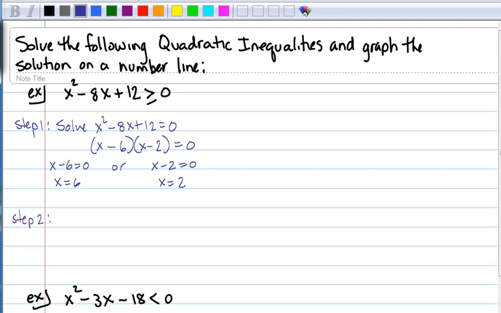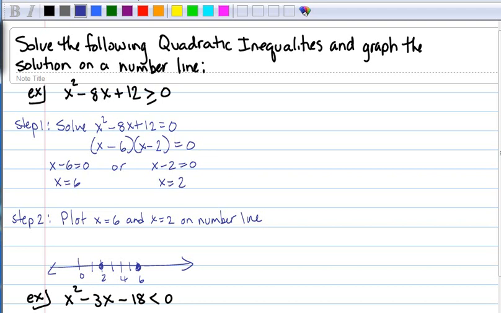Second step. I'm going to plot these 2 points on the number line. So I'm going to draw a number line. And here we have 0, so we'll label 2. And finally 6. So there is my number line. And for step 3,